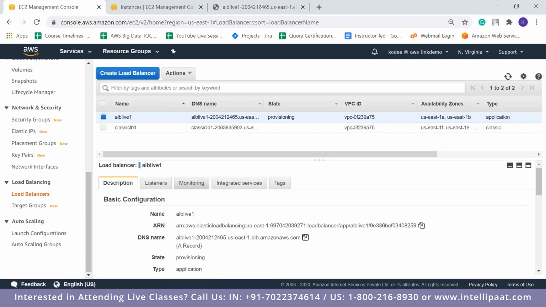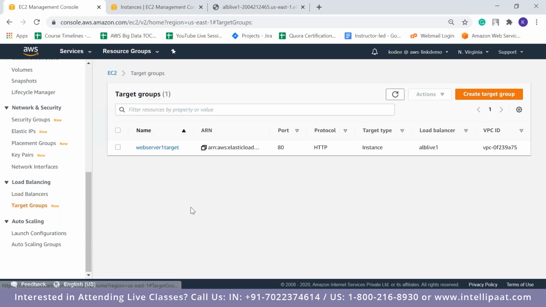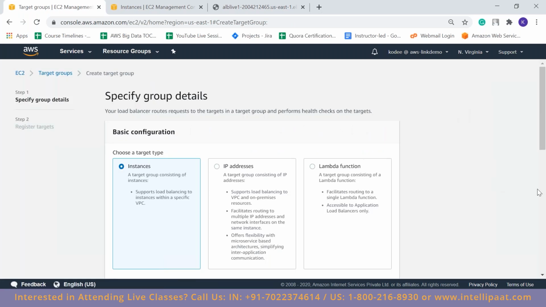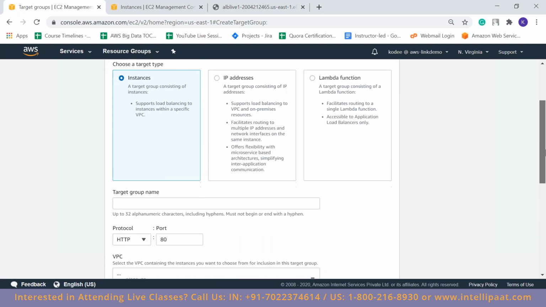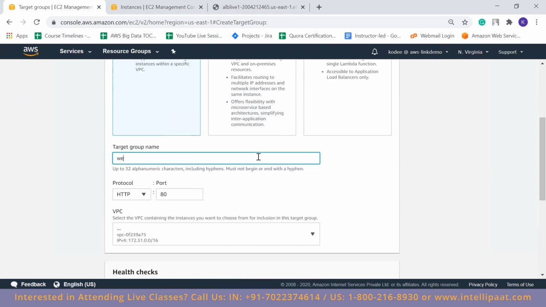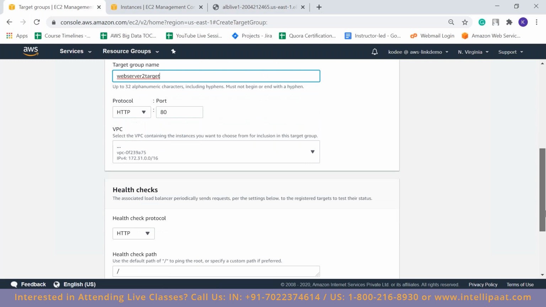Now how to associate the second server to the same load balancer? So this is where it gets interesting maybe, but it's the same process, guys. So you'll have to create a target group. So I'm going to choose instances because that's what we will be doing, and give a target group name. I'm going to give web server 2 target, same port number, same protocol.